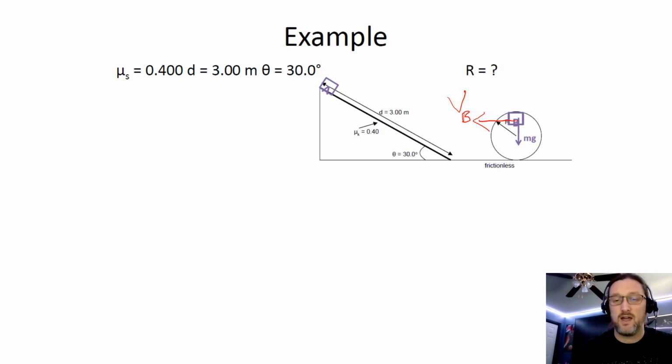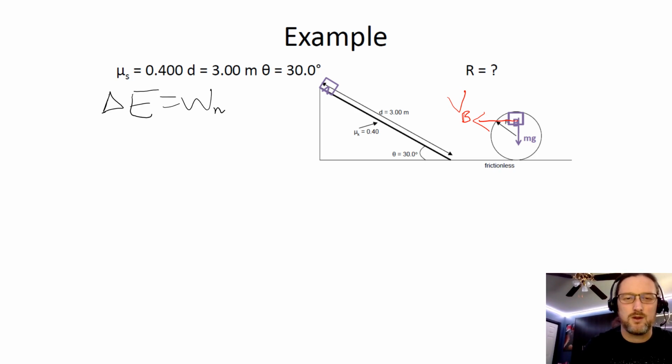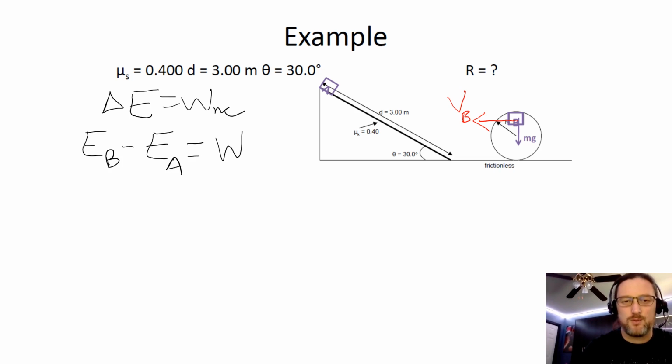But before we do that, let's use our energy conservation model and see what exactly we need to figure out. Delta E equals work from non-conservative forces, right? Well, E at point B minus E at point A, final minus initial, equals work from non-conservative forces. Energy at point B,